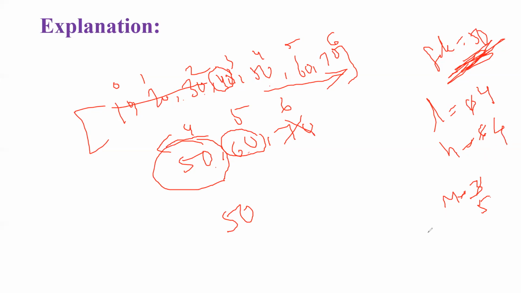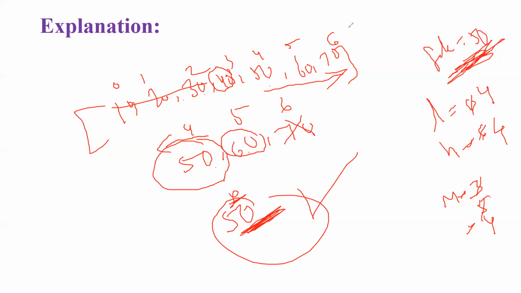5 minus 1, 4. Now again compute the mid value. Low plus high by 2. 4 plus 4, 8 by 2 means mid value would be 4. Now which is nothing but the index is 4, right? You got the value here, match here. So once you got the match, you can give a message that element is present in the list. So by doing like this, the unnecessary comparisons would be reduced, right? Every time you are going for only one part, either left part or right part, unnecessary comparisons would be reduced.